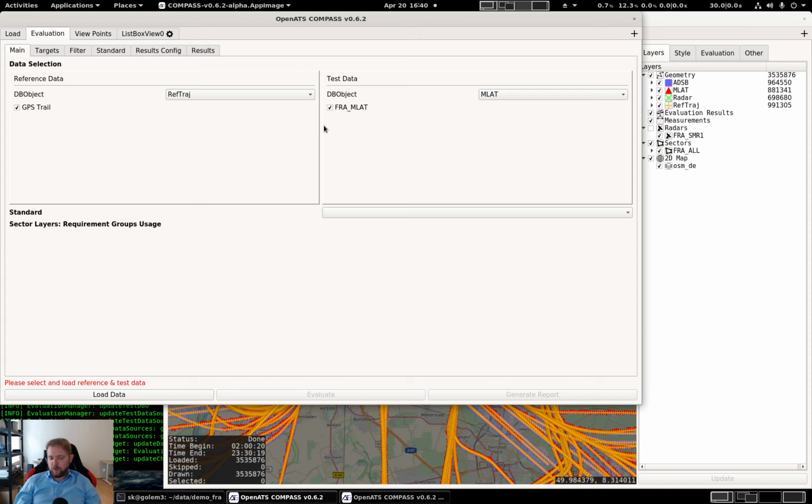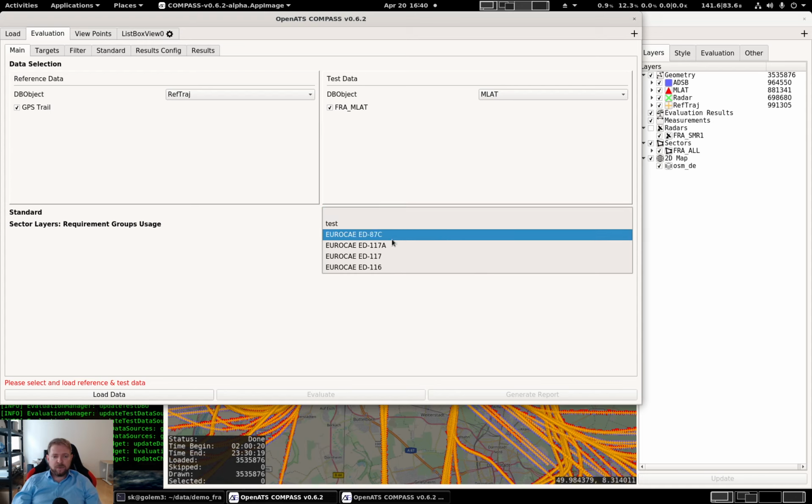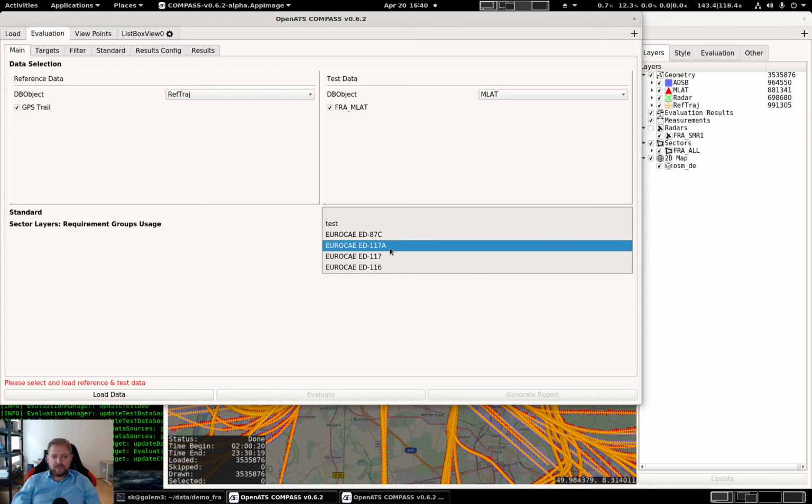Which standard do we want to use? A standard is a collection of requirements in the application. And in this demo, we will use the EUROCAE ED-117A standard, which is, let's say, a surface multilateration standard defined by the EUROCAE, which I will link in the video description. To do that, we select in this drop-down menu the EUROCAE ED-117A standard,